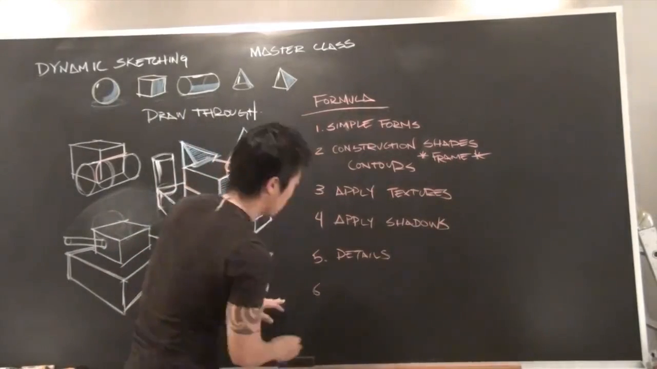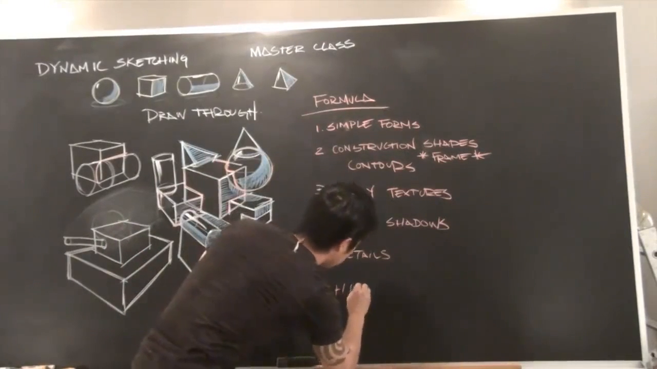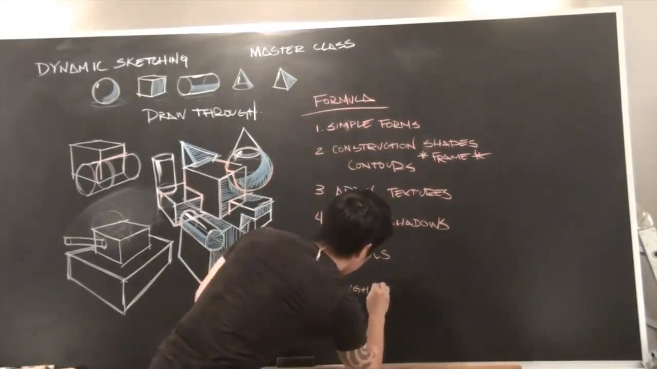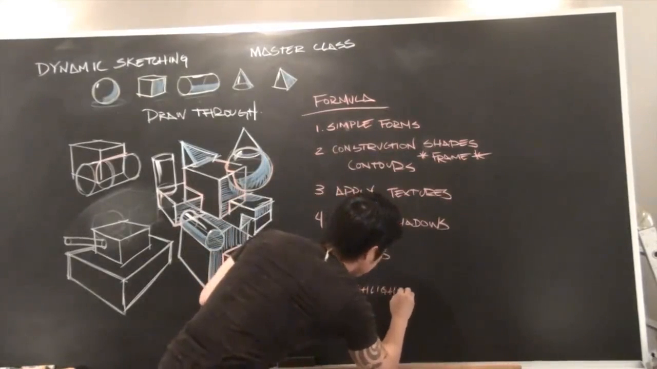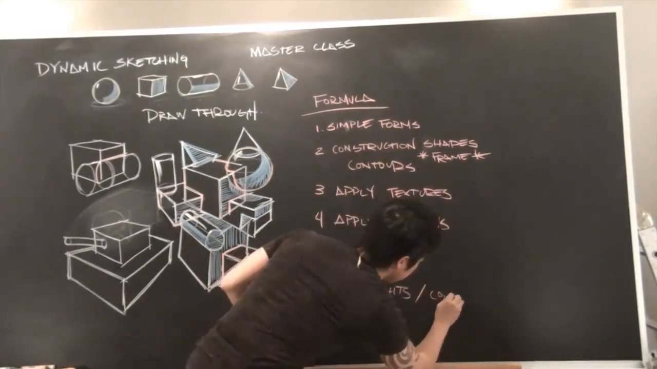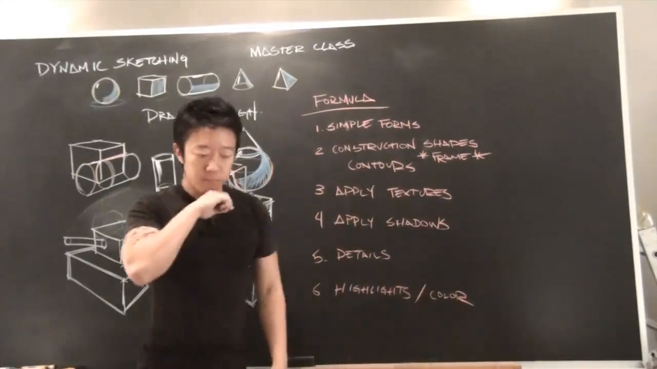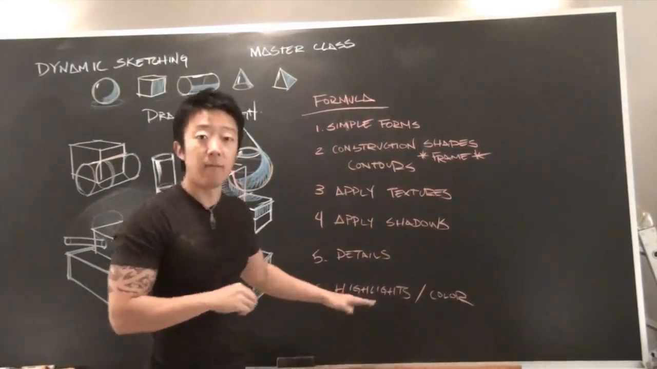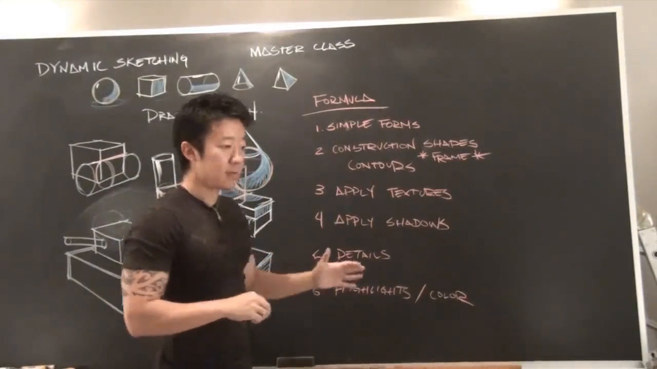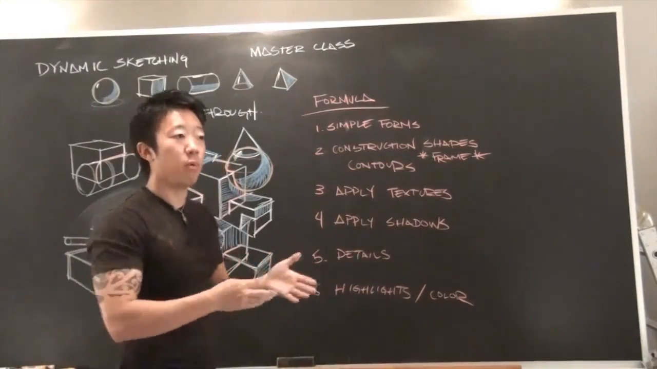Last, 6 will be highlights and color. This last step, you'll use off and on. Much like 5, it's icing. It just brings your sketch up